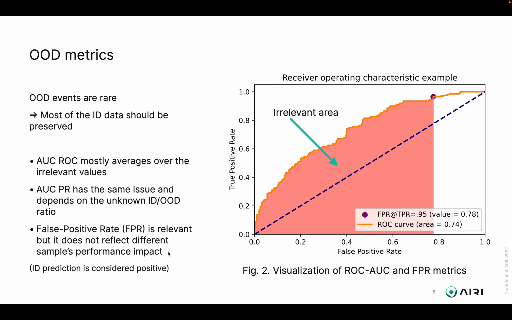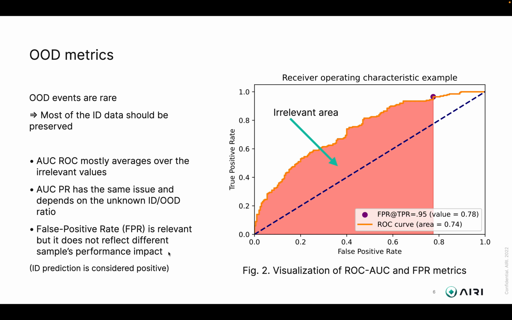Classification metrics are usually computed to evaluate the out-of-distribution performance. However, not all of them suit the task. Out-of-distribution events are assumed to be rare, since frequent events can be dealt with by supervised approaches. However, the AUROC metric averages over the whole range of thresholds, which are mostly irrelevant for the out-of-distribution problem, since it's not desired to lose most of the in-distribution data to capture some rare out-of-distribution events.